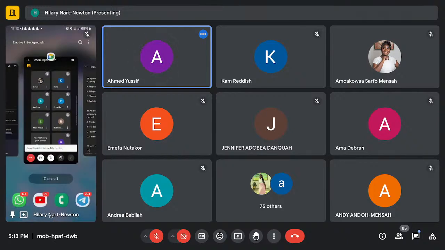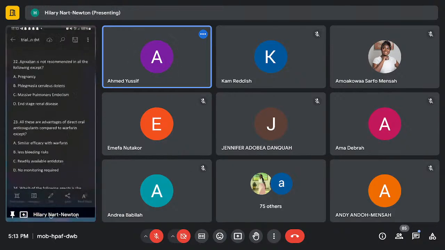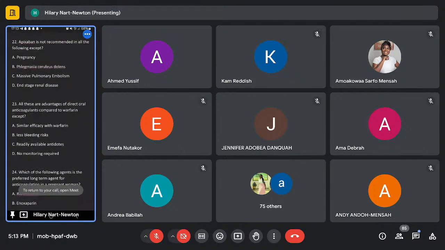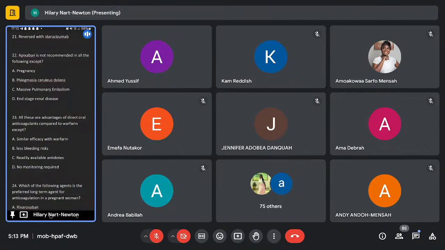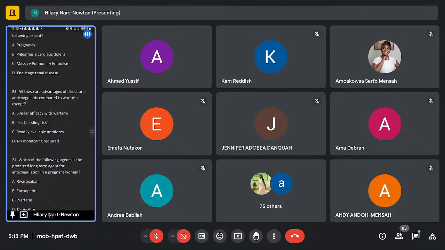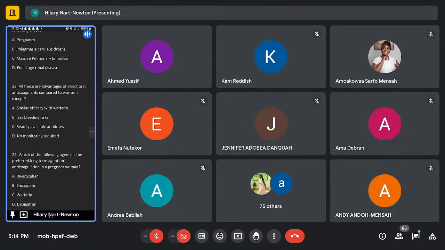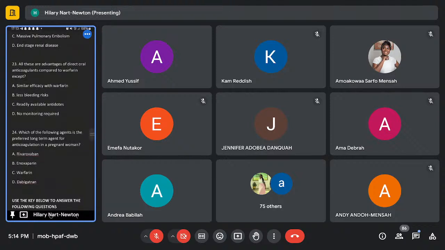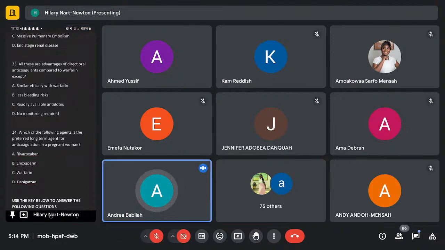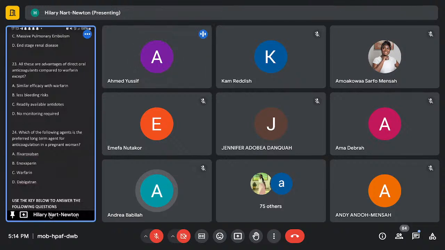Okay. 23. All these are advantages of direct oral anticoagulants compared to warfarin, except A. Similar efficacy with warfarin, B. Less bleeding risks, C. Readily available antidotes, D. No monitoring required. C. Yeah,